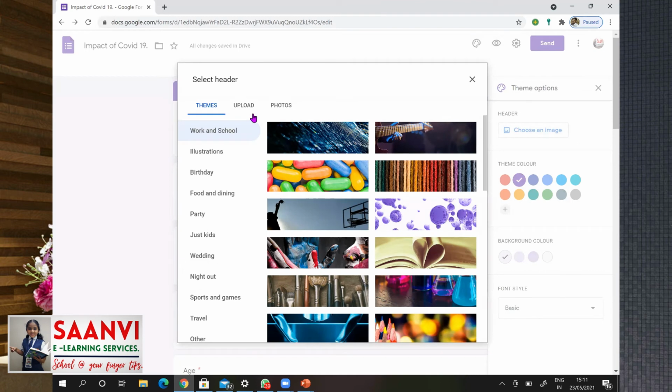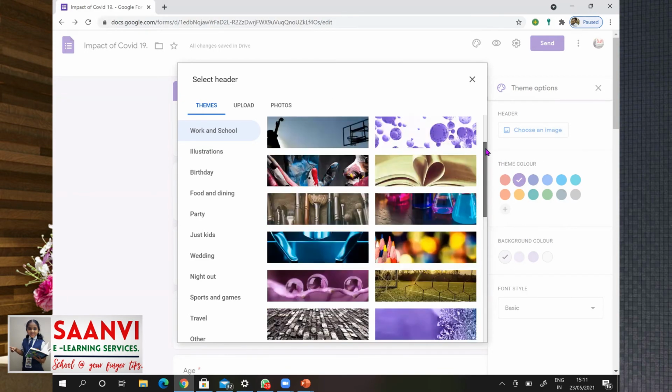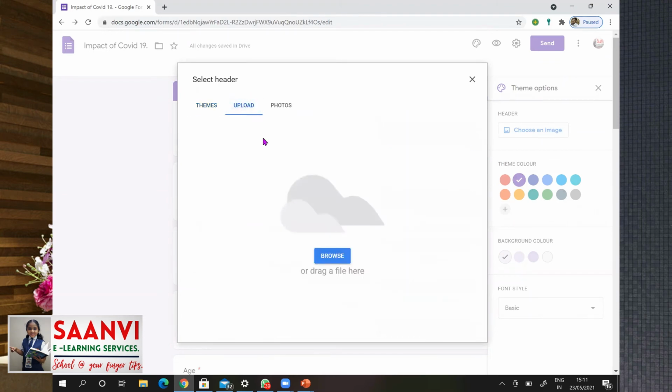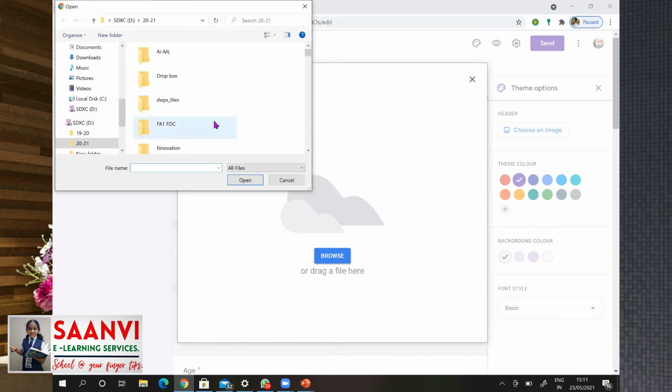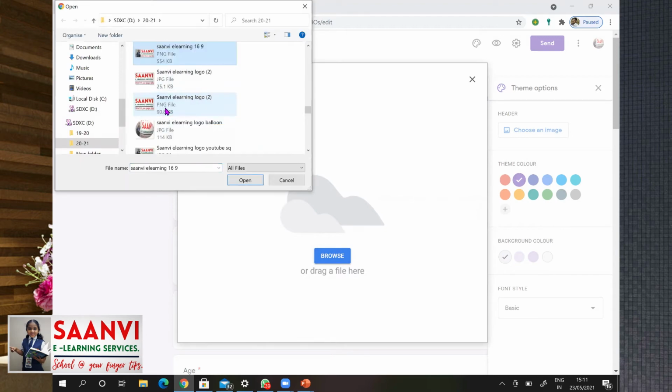As I'm conducting it from Sanvi e-learning services, either I can choose any of the picture from here or else I can upload it from my system. Let me put my logo.